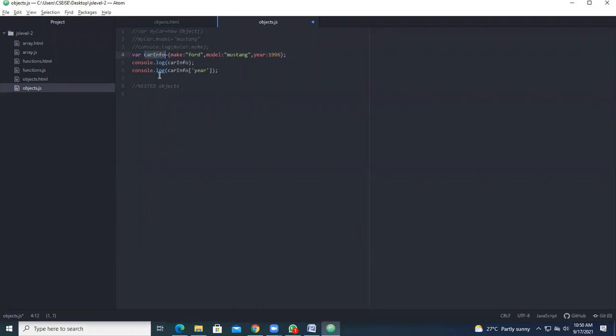What is the nested object? Each object consists of a key with a value. Nested object means, are you getting a key within a key or a value within a value? Which one can be placed? Key within a key, or value within a value? Key within a key. Is it correct?